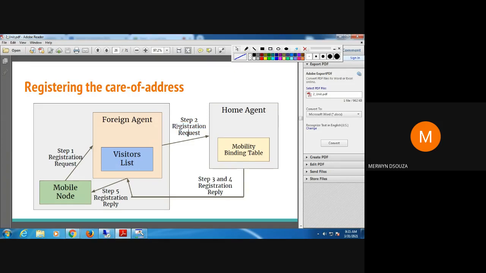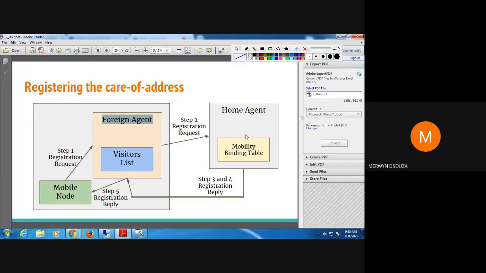So in this registration request in step 2, it will now contain the IP address of the mobile node and the IP address of the foreign agent. So it sends a new registration request to the home agent, containing the IP address of the mobile node and the IP address of the foreign agent.